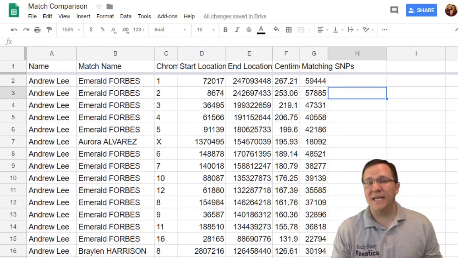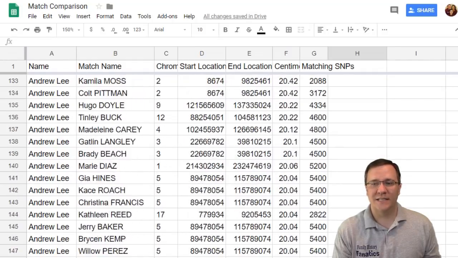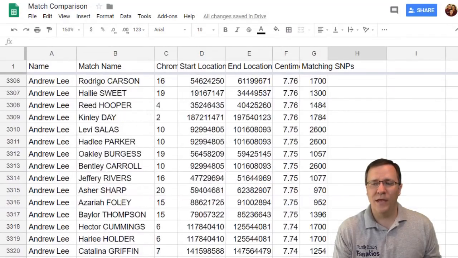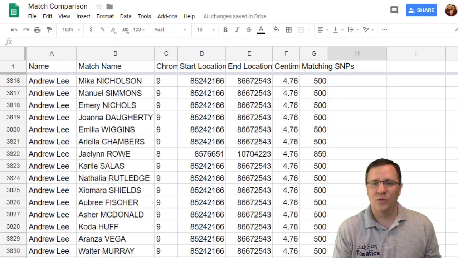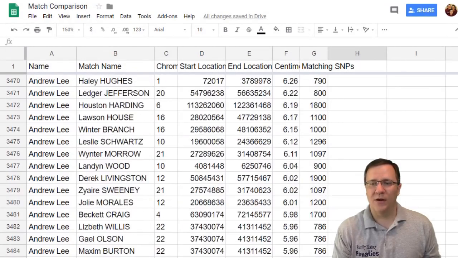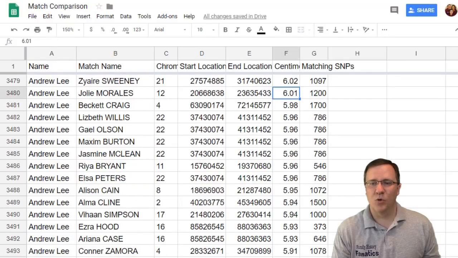I'm now going to decide what my threshold is, and in this case I'm going to just use 6. And like I said, many of the companies use somewhere between 5 and 10 centimorgans, so you can decide what you want, and if you want to play around with it, that's fine. But let me show you what 6 centimorgans does. I'm going to scroll down until I find just 6 centimorgans. This is going to be only about 10% of the way through the entire information. You can see right here, here is where 6 centimorgans is.